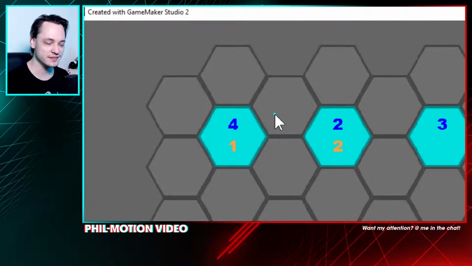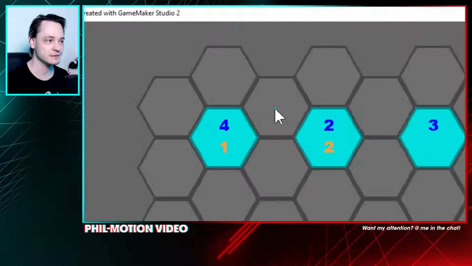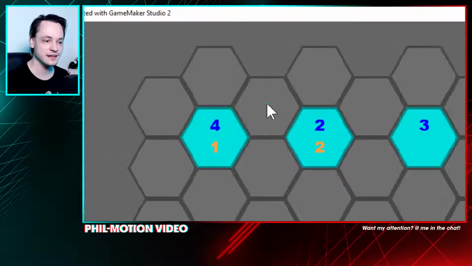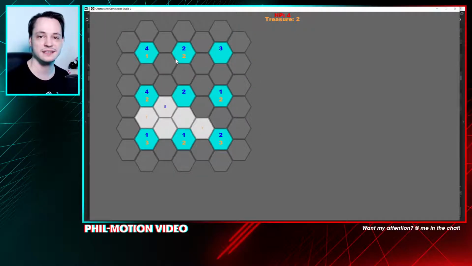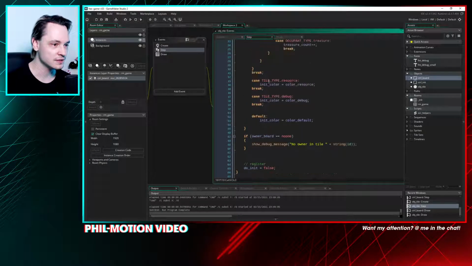So then once we click something and it's, let's say, a treasure, then it notifies both clues that are part of its neighbors. Hey, I just got clicked, I just got updated, you need to count again, essentially. I think this is what makes the most sense, I hope. Okay, so